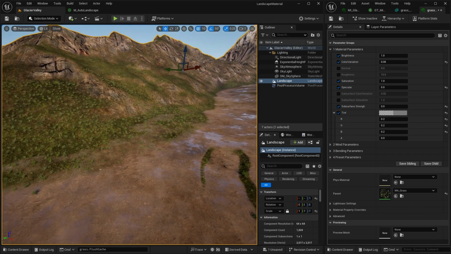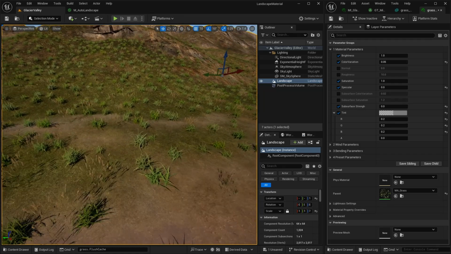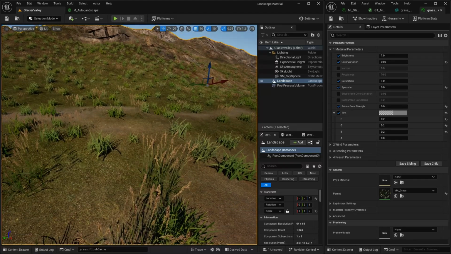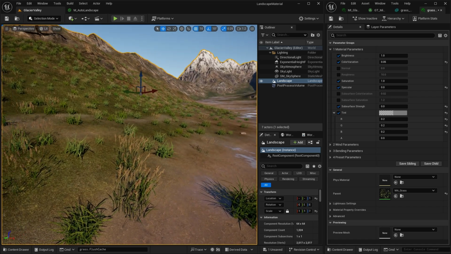So if we go into here, let's talk about, obviously, wind animation is going to have an effect on performance because, well, for a few reasons.